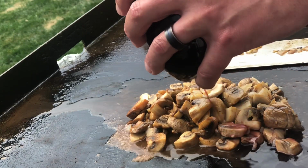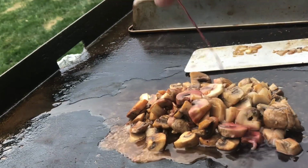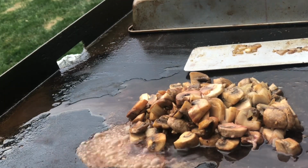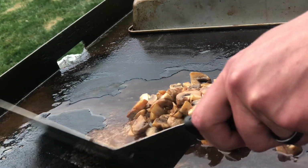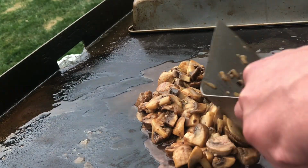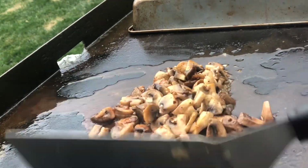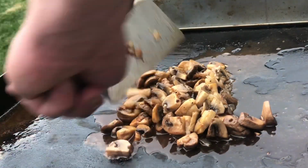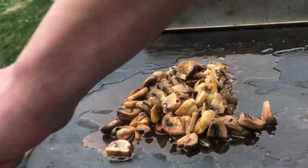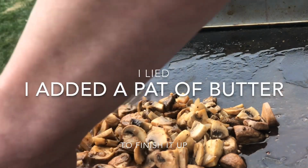So we're making our sauce right now. I'm going to go ahead and add about a quarter cup of red wine. Not a whole heck of a lot. I just stir it in. And we'll make sure it all melds together with the mushrooms. Boy, I'll tell you, those mushrooms are real good, and that sauce is fantastic. Just want to kind of corral it back